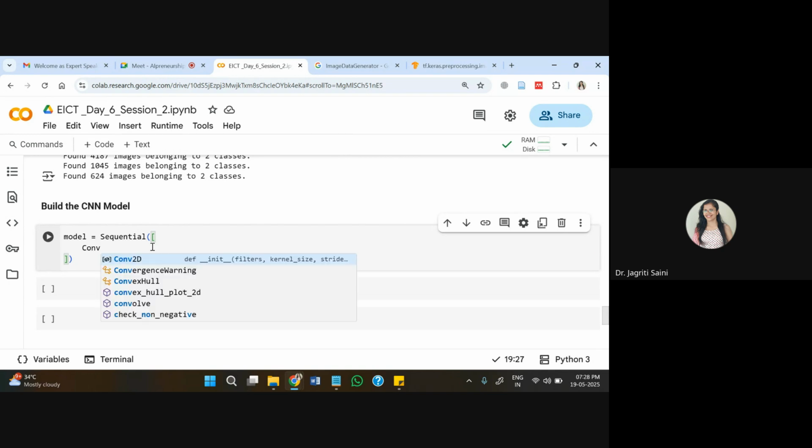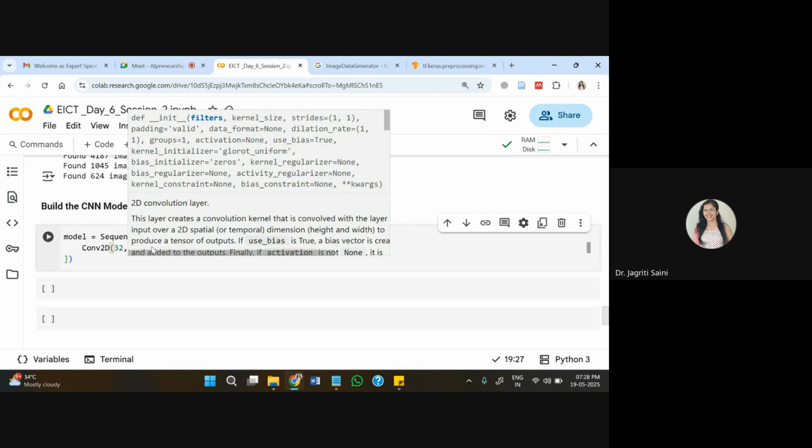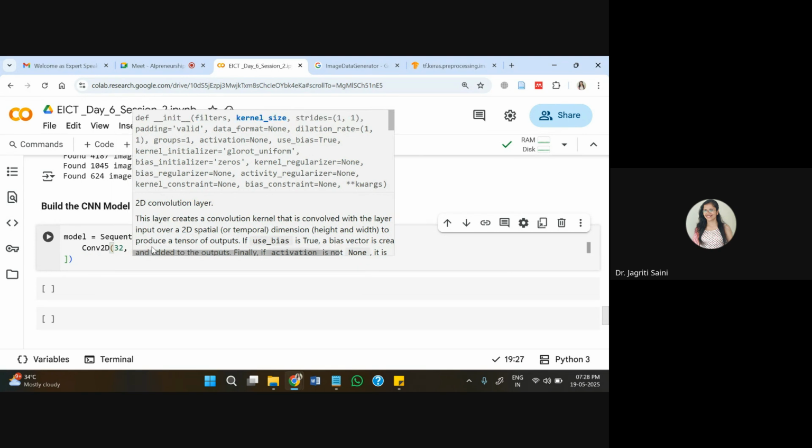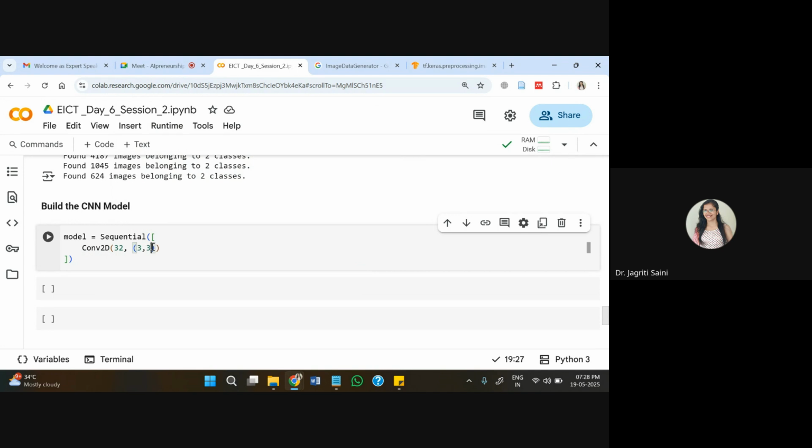Then the layers that I called in the beginning. The first layer I'm deploying is Convolution 2D, and the filter size and number of neurons I am passing here. 3 cross 3 is my filter size, and 32 neurons I'm deploying on the first layer. The activation function is ReLU in this case, and then the input shape also we need to pass.